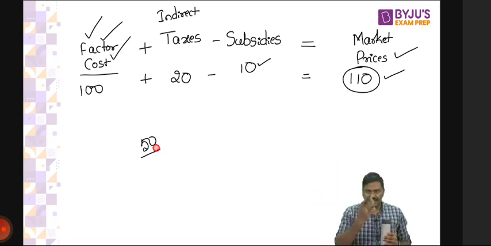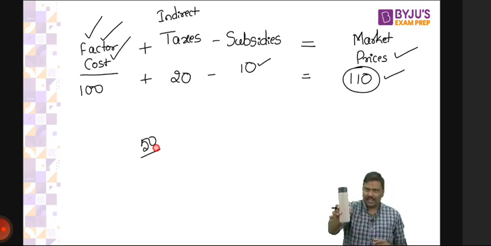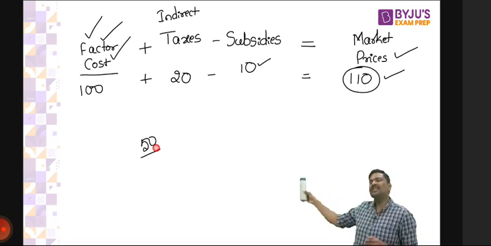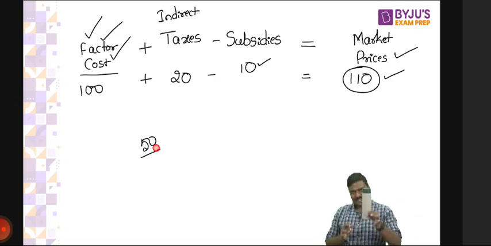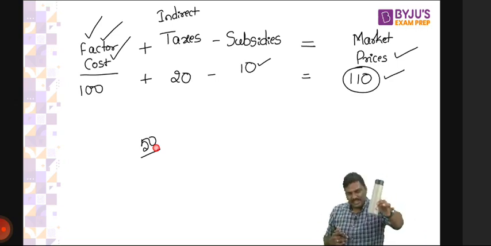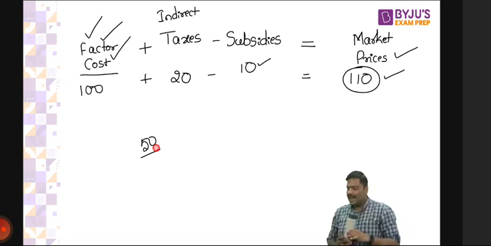Now let me ask you a very simple question. If you purchase the bottle at 50 and sell it to the next person, what will be the price? Will it be more than 50 or less than 50? Think of it. It's a very simple idea. When you purchase this bottle, you're also involved in the business. You are purchasing the bottle at 50. Now you will sell it to the next person, at more than 50 or less than 50?